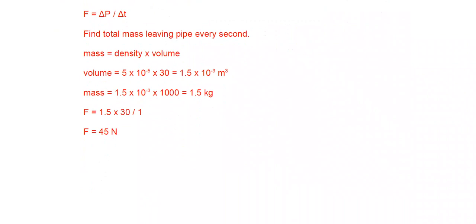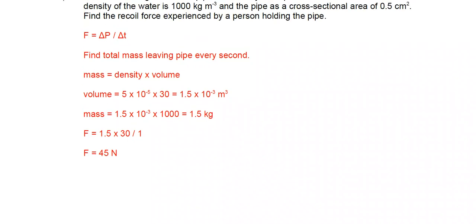What's the total mass leaving the pipe every single second? Well, mass is density times volume, but we don't know the volume, but we can calculate it because it's going to be the cross-sectional area times the speed. If you think, every single second, 30 meters of water is streaming out from our pipe. So, the first thing you need to be careful of is the cross-sectional area, which we know is 0.5 centimeters squared, so we need to convert that into